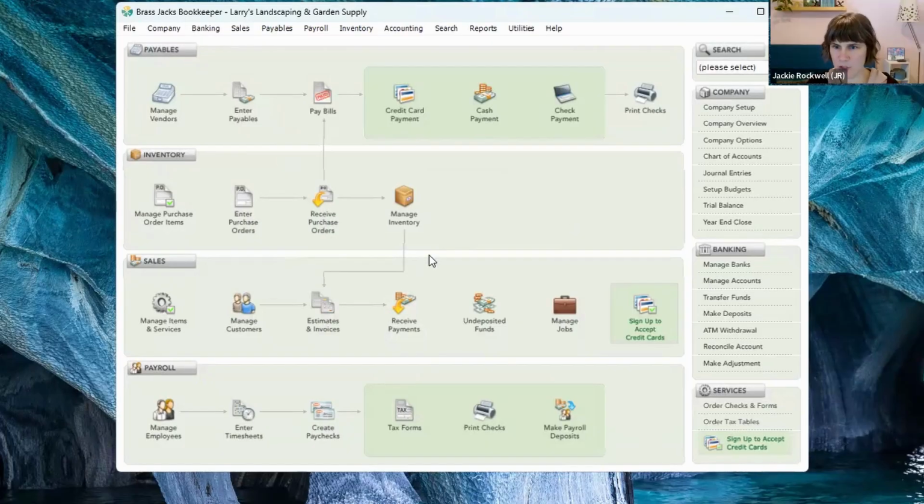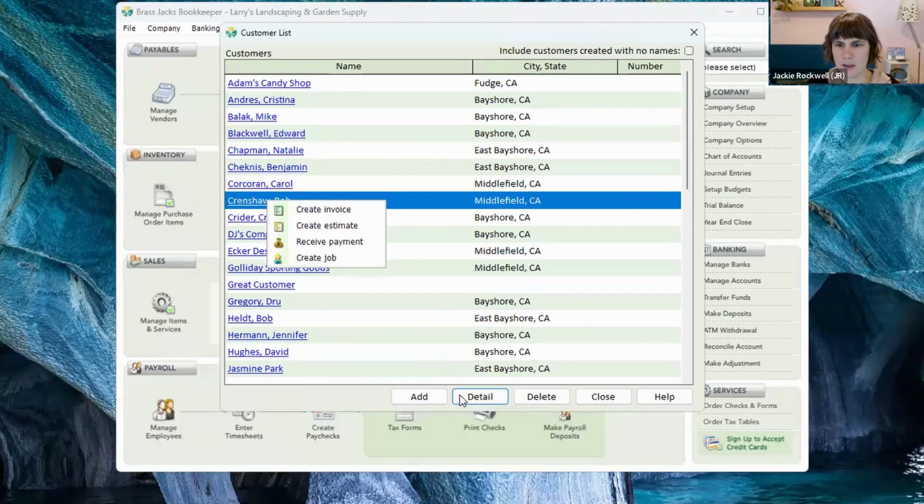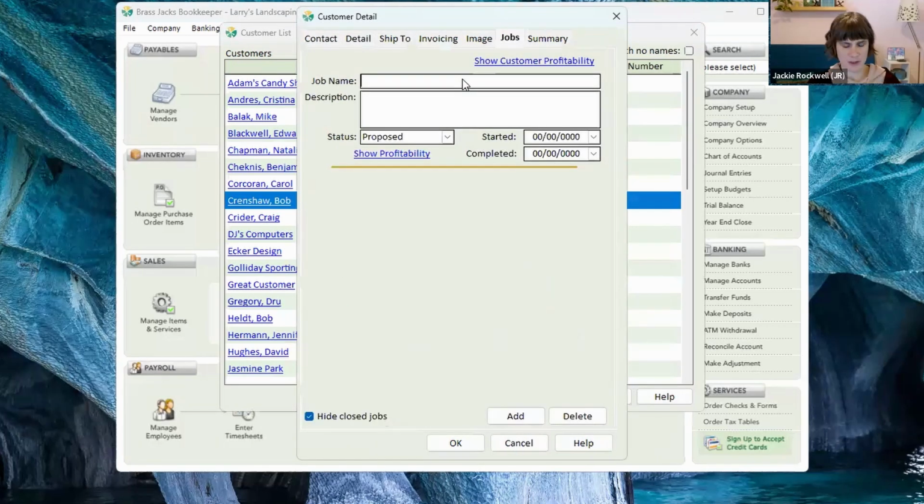You can keep track of jobs in your software. So in order to code something, like if you have an expense, you're going and buying a citrus tree that you're going to sell to someone, you have to have a job under that customer. You can't just code it to that customer. So if we are selling something to Bob, we would go into Bob and we would go to jobs, and then we would say, you know, Bob's front yard is our job,